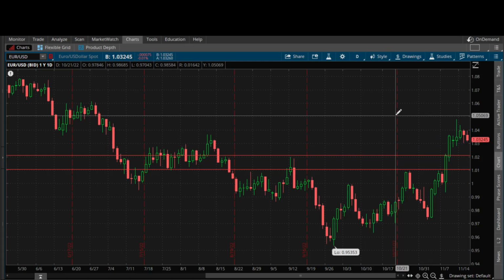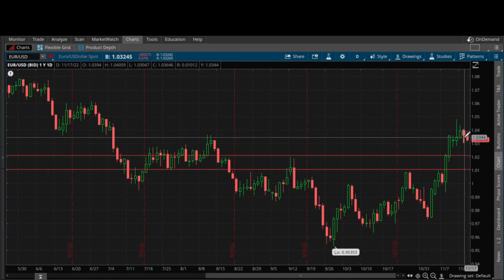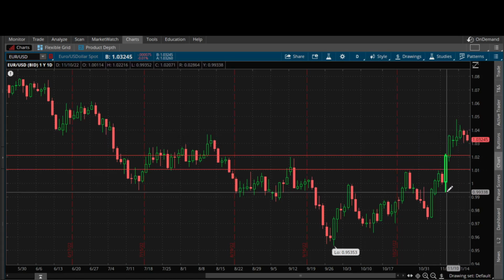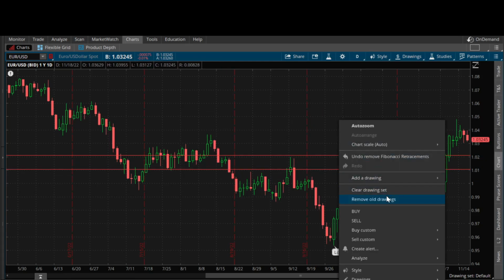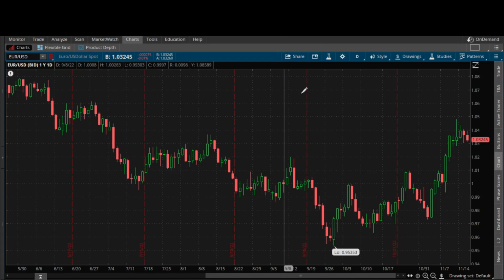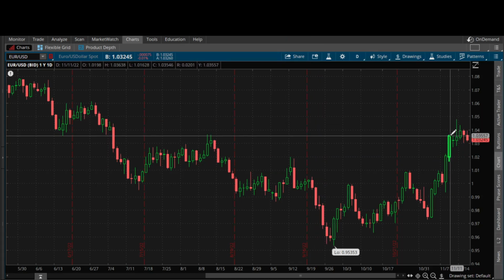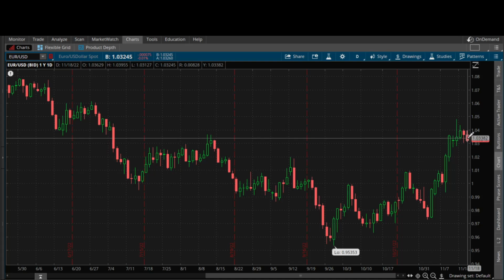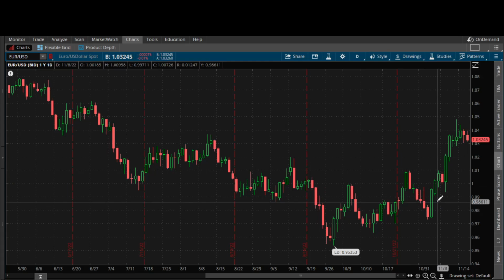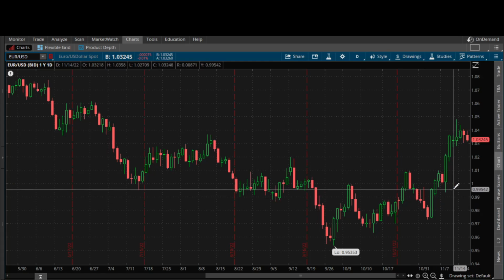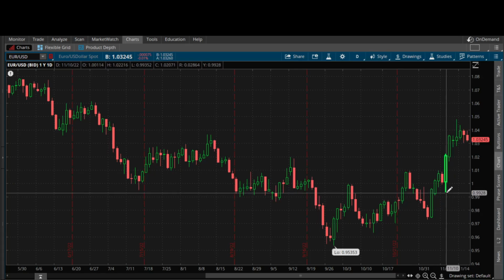So say price came down, it sold off hard, and then it took out this low. Let me just remove these lines real quick. I want you to just imagine for a second price comes down and it just, boom, takes out this low, takes out these lows right here. At that point, that would be a discount, because it took out a swing low level. It took out that sell side liquidity.